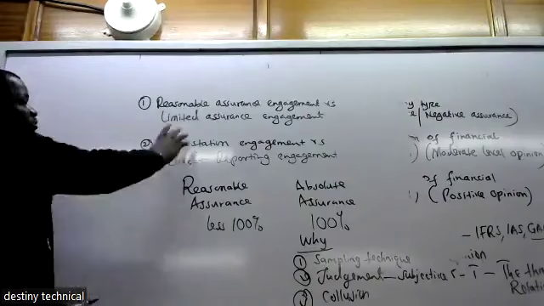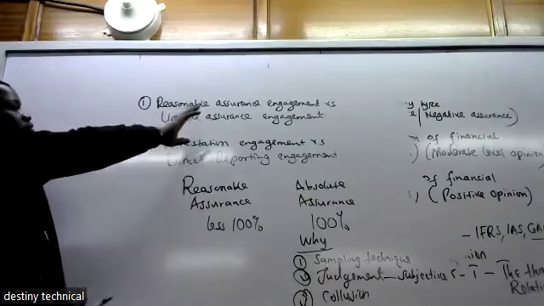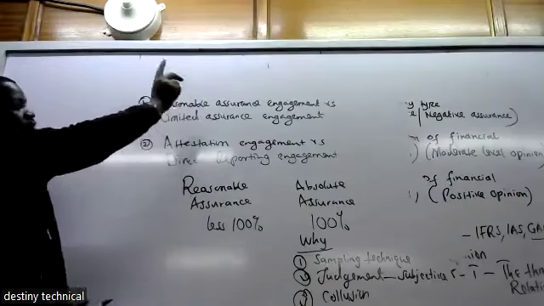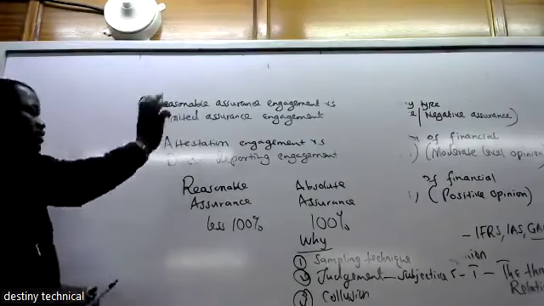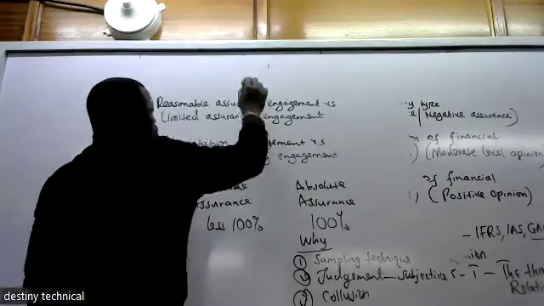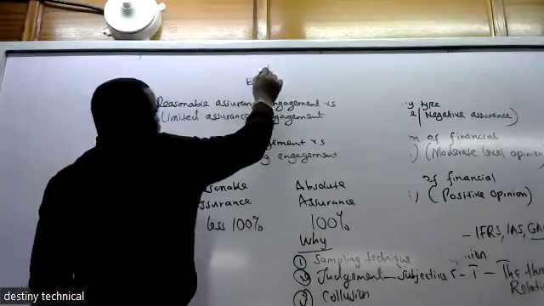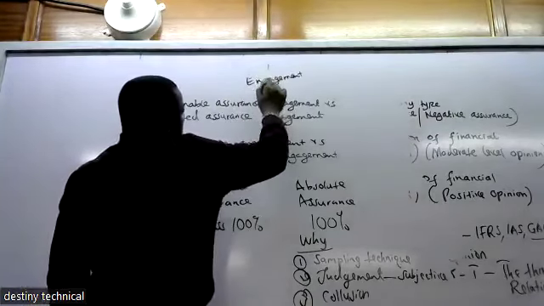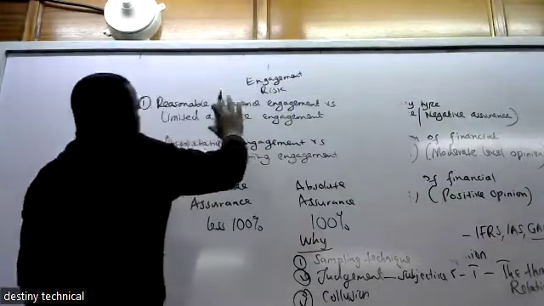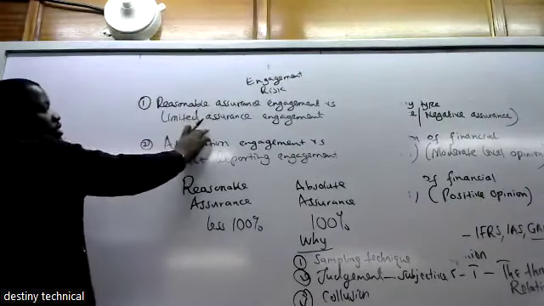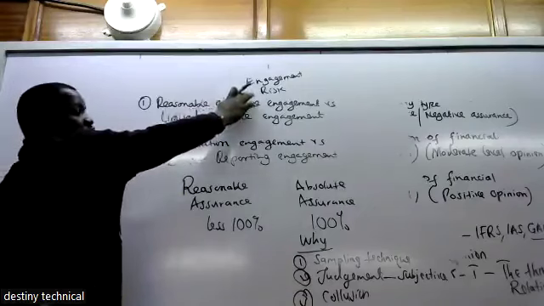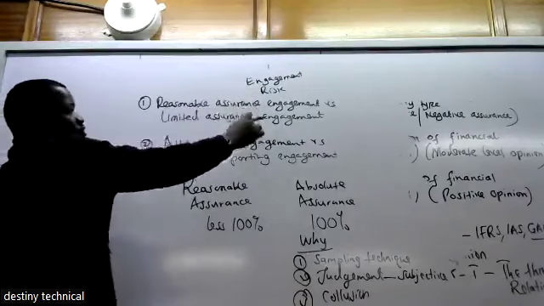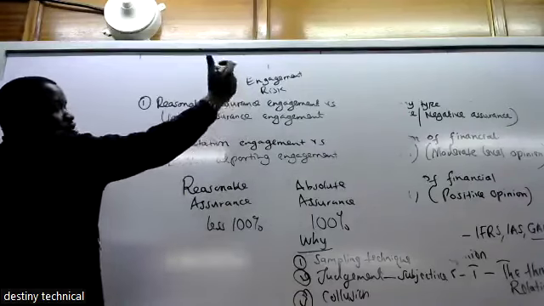So you need to get the differences, so you know the difference between reasonable and limited assurance. The easiest way is to identify what you call engagement risk. In the definition of audit, you must be able to identify engagement risk. The reason you undertake either reasonable or limited assurance is to reduce the engagement risk to a low level.